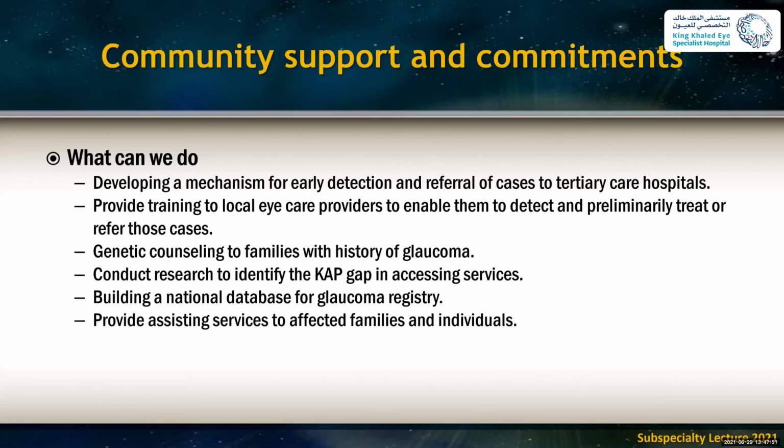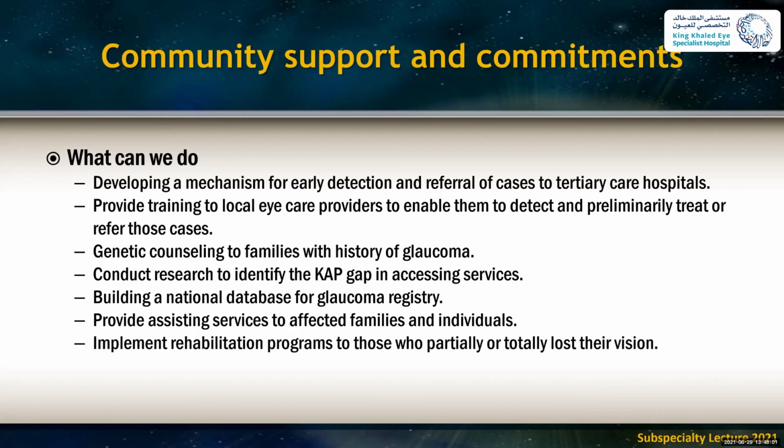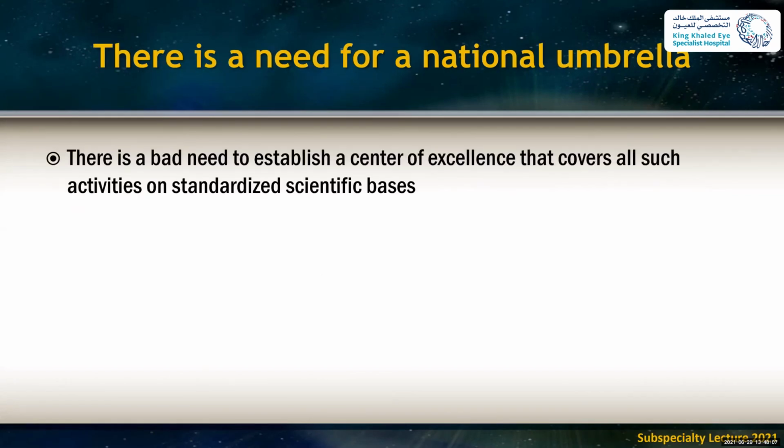Again, building a national database for congenital glaucoma. As I told you, this was already started in KCASH as far as I know, but I don't know where they are now. And provide assessment services to affected families and individuals, and implement rehabilitation programs for those who partially or totally lost their vision. So in general, there is a bad need to establish a center of excellence, really. Now in Germany they are planning, they are having 70 cases in Europe probably per year, and they are looking for a center of excellence to deal with this disease for the whole of Europe, that covers all such activities